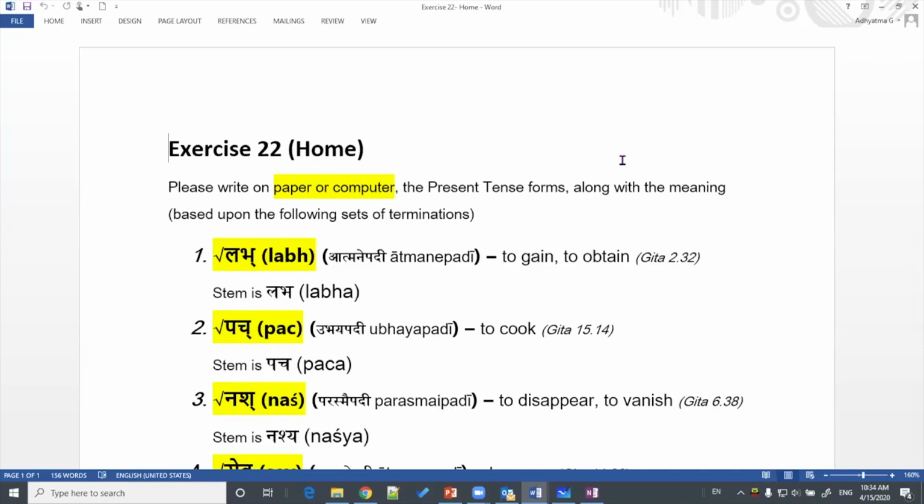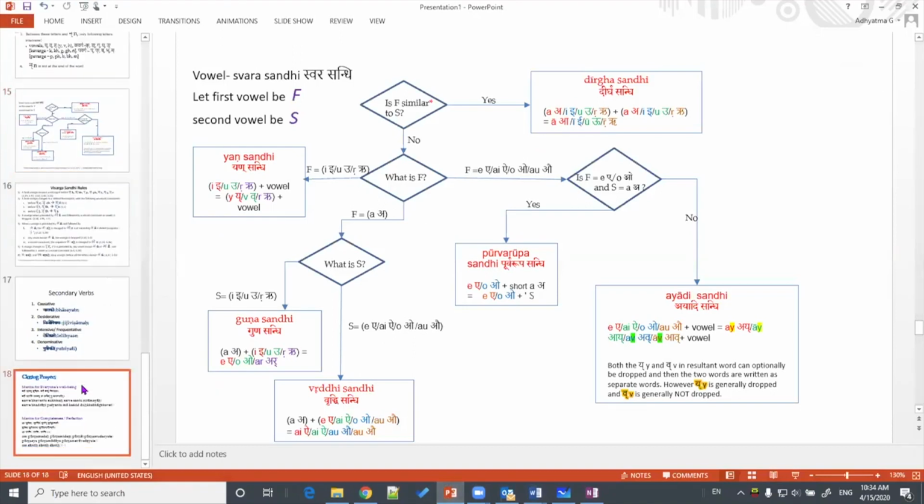I would recommend you though that please study. You don't have to solve, because there are more topics in Egenes' book. If you can just study chapter 9, that would help you to understand some concepts, and also in the next class. So you don't have to solve the exercises right now, because we have not studied the whole chapter, whatever he covers in chapter 9. But whatever you can, that would help, at least try to study. So with this, we'll do the closing prayers.